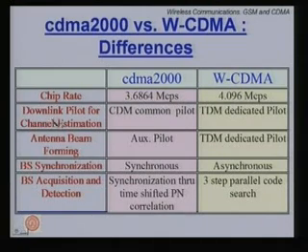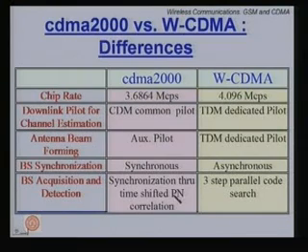If you look at the downlink pilot for channel estimation, CDMA 2000 is using CDM, common pilot, whereas WCDMA uses TDM, dedicated pilot. For antenna beamforming, you have the auxiliary pilot, whereas here TDM, dedicated pilot, is used for antenna beamforming. What about the synchronization?